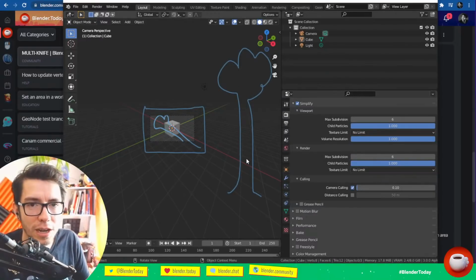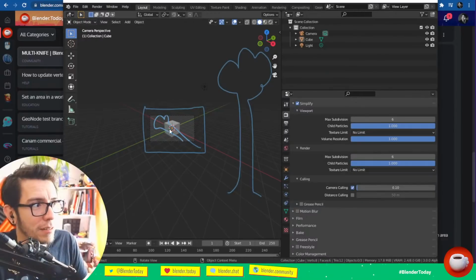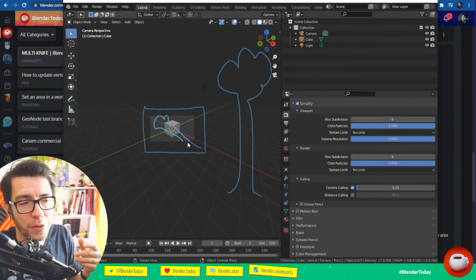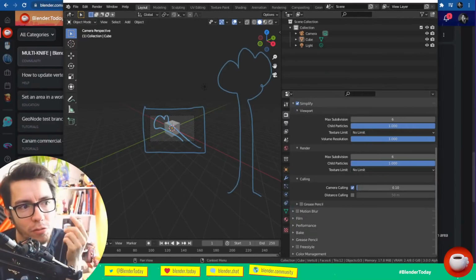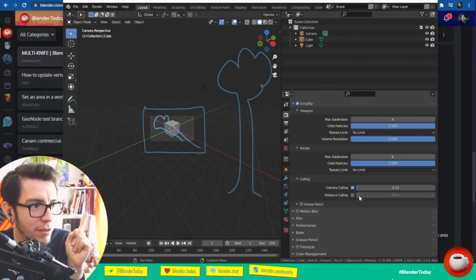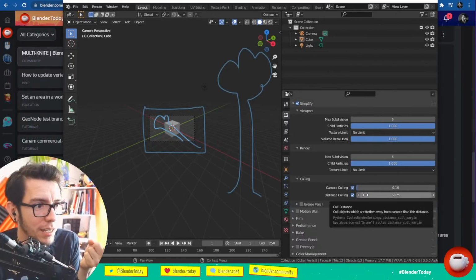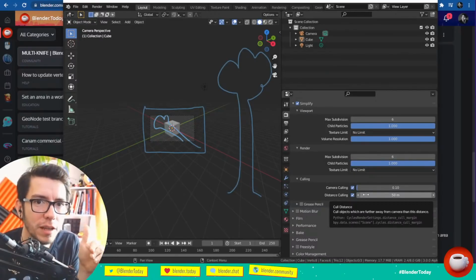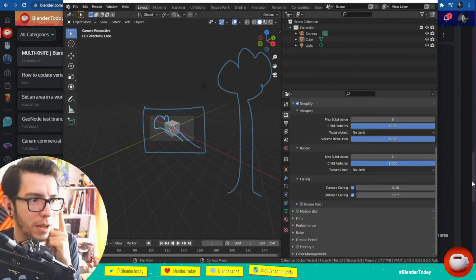Even though it's going to be lighter in memory, I'm suddenly going to have a shadow that disappears, which can lead to flickers, of course, and that's not super great. So yes, it also exists for distance. This is actually newer. You can stop rendering after a specific distance from the camera. Super nice.